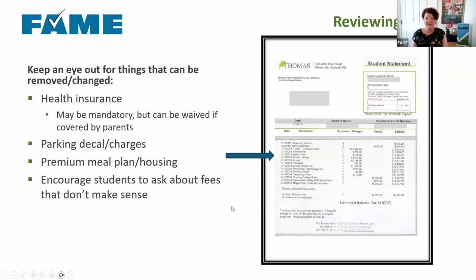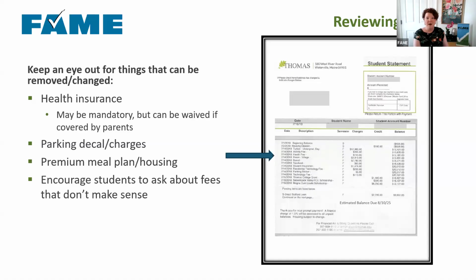And then we're going to keep looking at bills here. The other things you want to take a look is keep an eye out for things that you might be able to take off your bill, right? You only want to pay for things you need. A big one is health insurance. So if you are a student or if you have a student who's looking at a college and the health insurance is on the bill, but you know that student has their own private health insurance, in that scenario, you would be able to let the college know that, usually by giving them that health insurance information, and they can take that charge right off the bill for you.